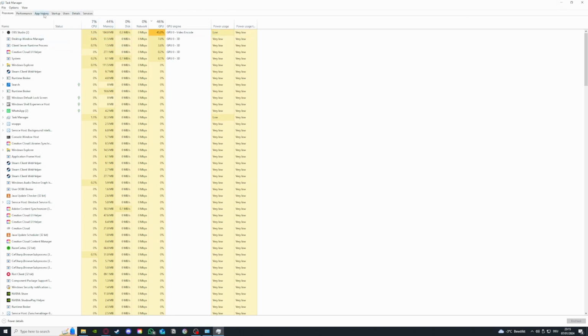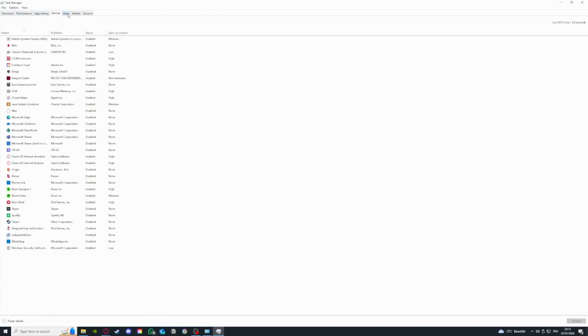And also you can go on to the tab Startup, and here you can disable